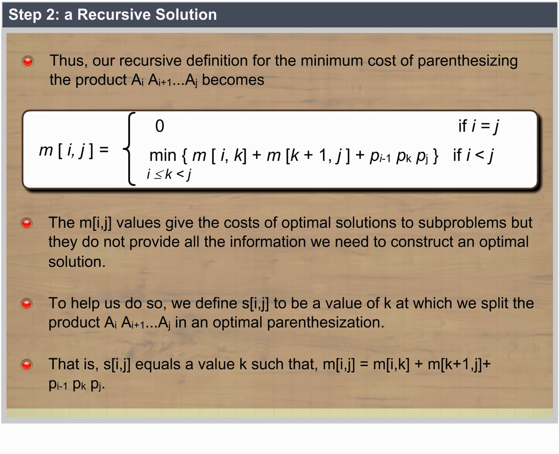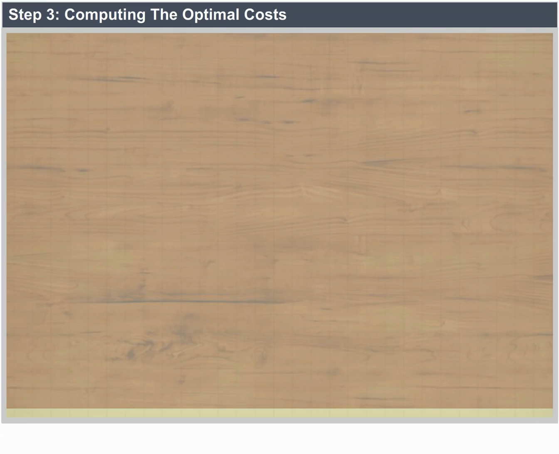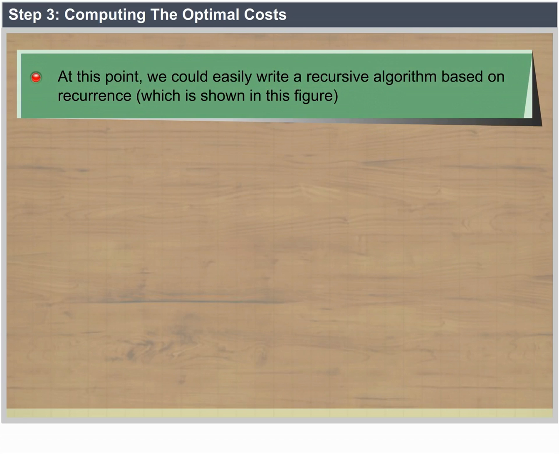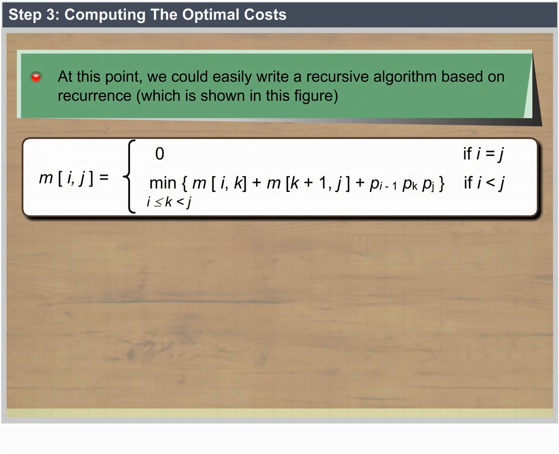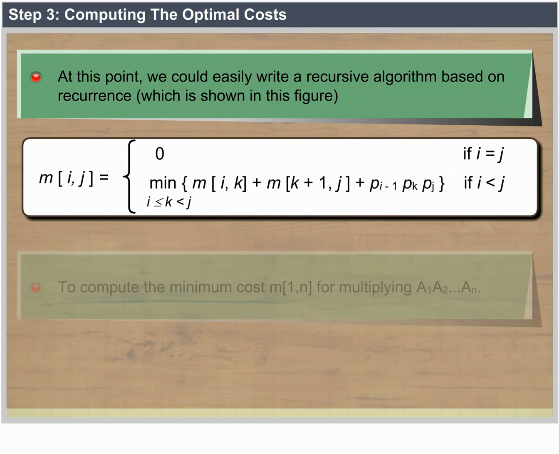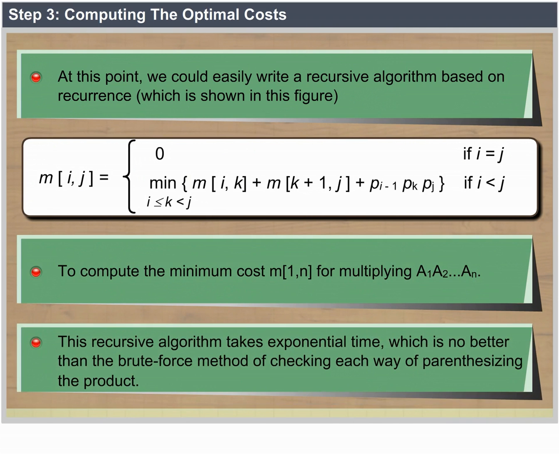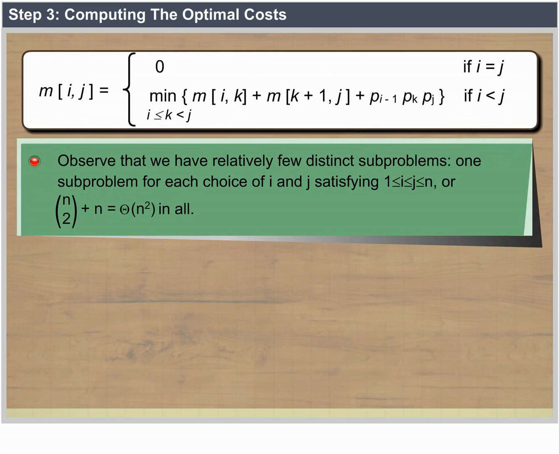Step 3: Computing the optimal costs. At this point, we could easily write a recursive algorithm based on the recurrence, which is shown in this figure, to compute the minimum cost m of 1, n for multiplying A1, A2 up to An. This recursive algorithm takes exponential time, which is no better than the brute force method of checking each way of parenthesizing the product. Observe that we have relatively few distinct subproblems, one subproblem for each choice of i and j